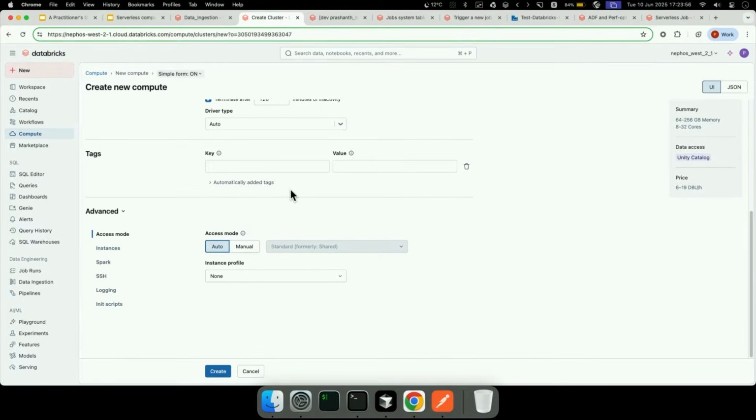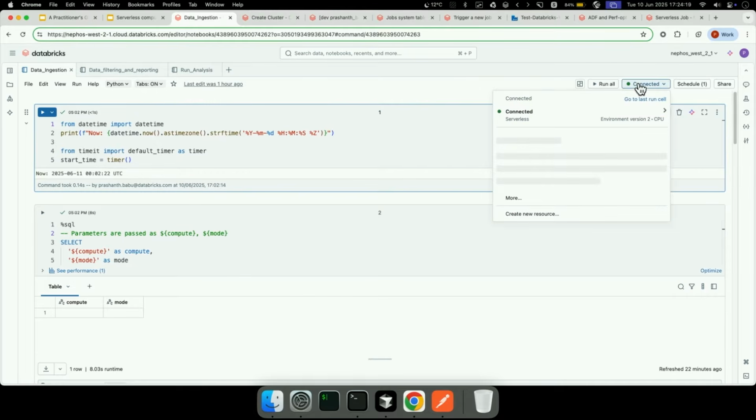Now, when we create a cluster, depending on the instance type, the number of instances and the cloud provider, you're probably looking at waiting around 3 to 7 minutes approximately. That's what it will take for creating a new compute. Now that's in the classic world. Now, if I go to the serverless world,